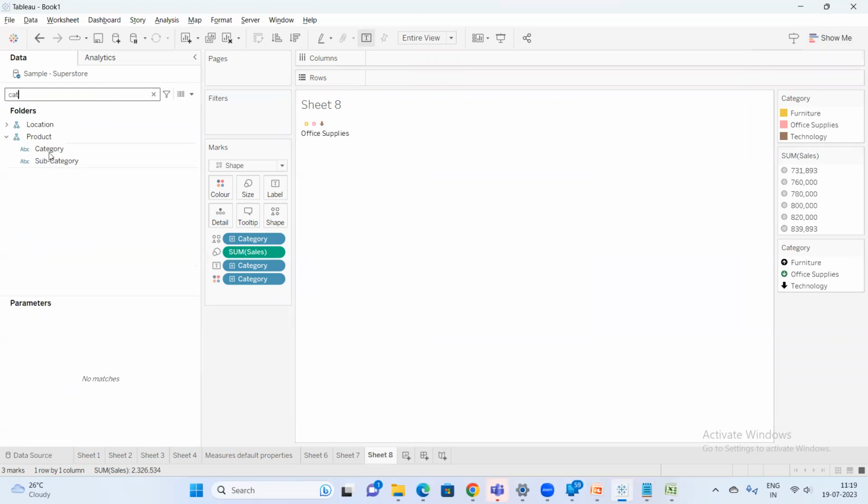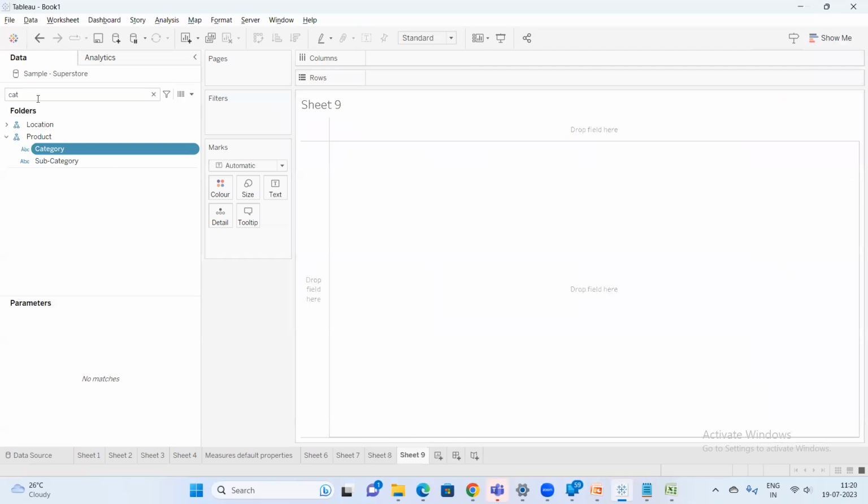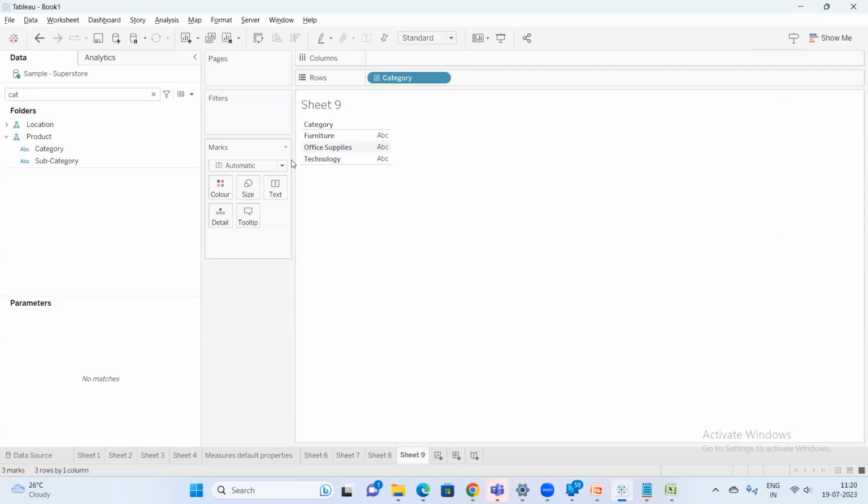There is one more option to sort. By default, whenever you drag, it will be sorted based on alphabetical order. So instead of sorting it alphabetically,